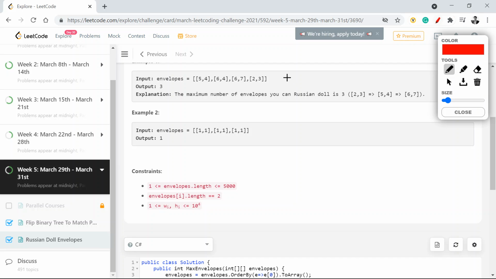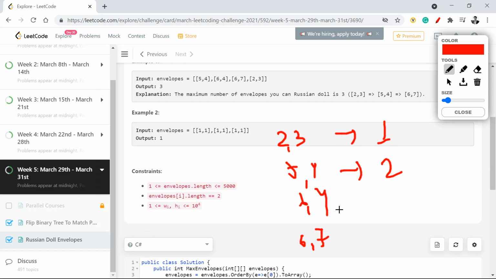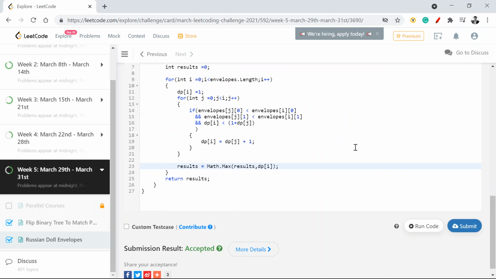See, more or less, if I have this, say 2 comma 3, because I sorted it, this will be 5 comma 4, 6 comma 4, 6 comma 7. So this will be by default 1. This condition is satisfied, then this will be 2. This condition is not satisfied, so this will remain as 1. And this condition is not set. This condition is satisfied, so this will be 2 plus 1, which will be 3. Right? So this is how it will work.